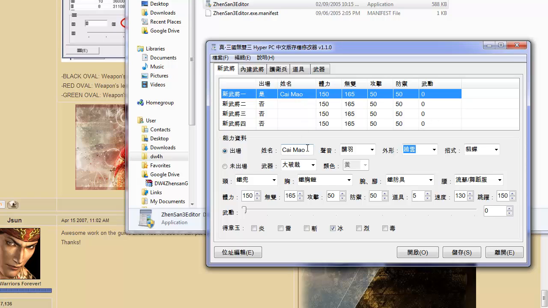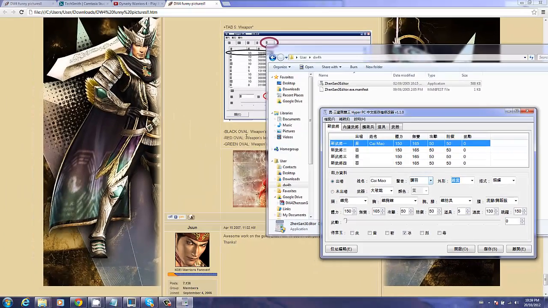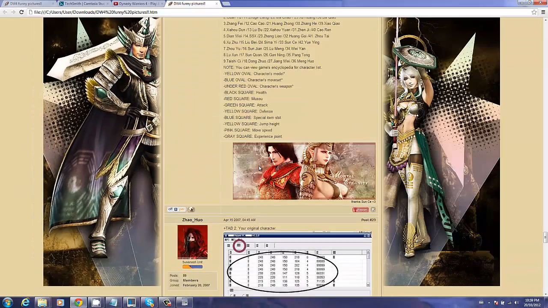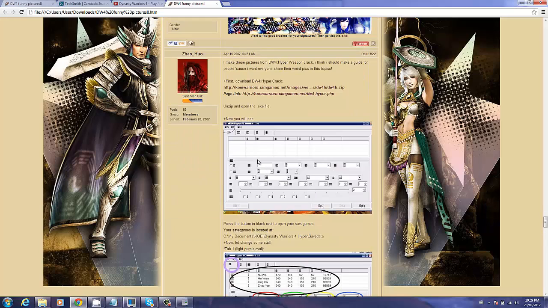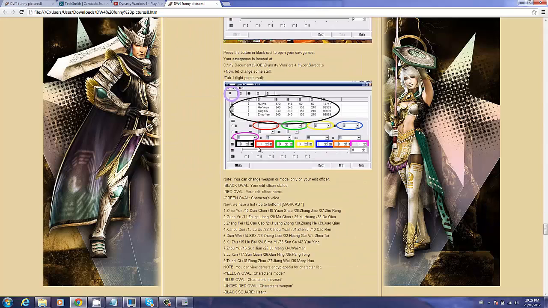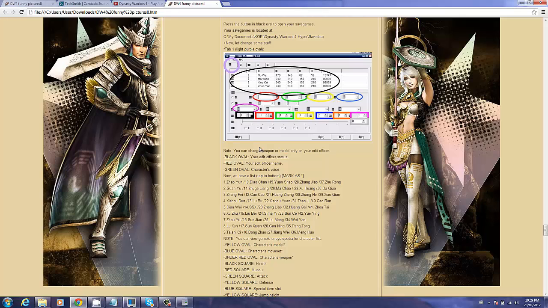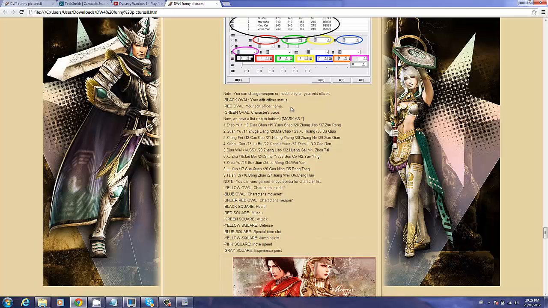So here's my character, and this is obviously his name. You can edit his name, but for some reason this editor limits it to 5 characters, so that kind of sucks. You might as well not do that. This forum thread has the best guide you'll find for this. I'll save an archive of it because it's already hard enough to get to this thread. It won't even let you access it unless you register. I guess it's been archived or something. But yeah, based off this guide,